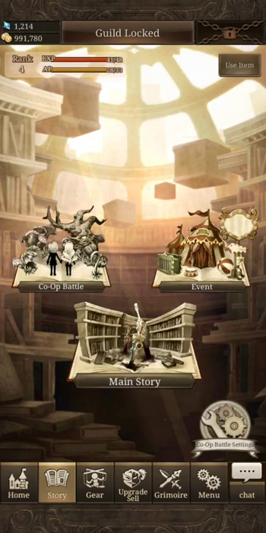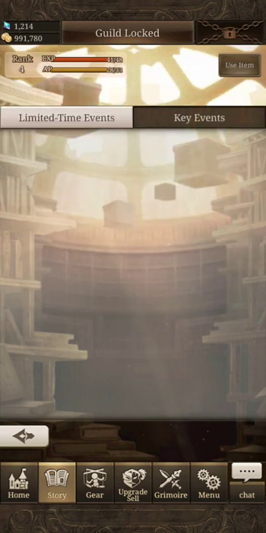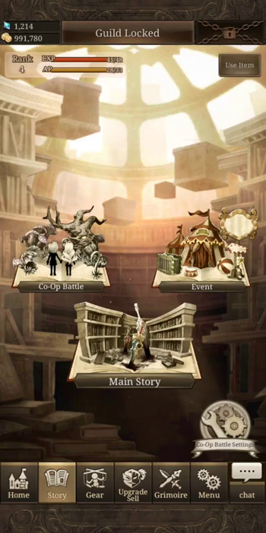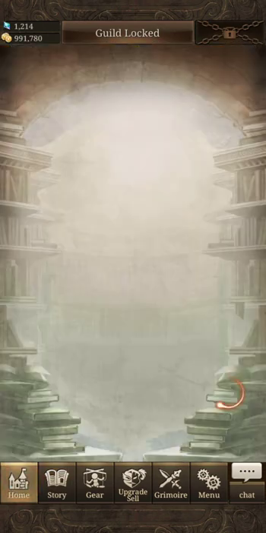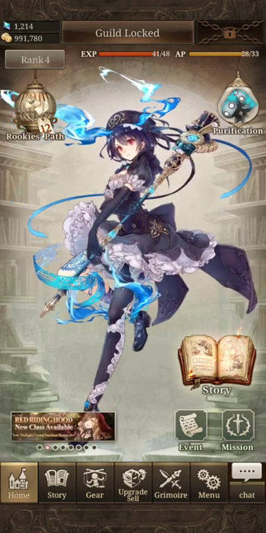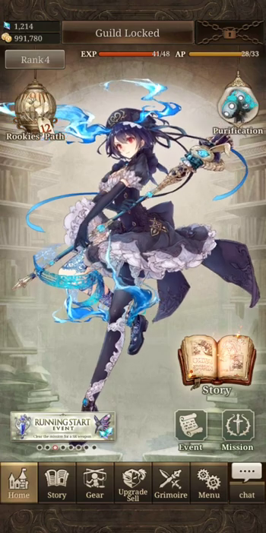In addition to that, you also have events. Your typical resource grinds, and then key events, which there aren't any. But I'm assuming that the Nier Automata collaboration will have some sort of a key event there. So, this is SinoAlice. There's a couple other details here and there that I haven't gotten to, but that's kind of